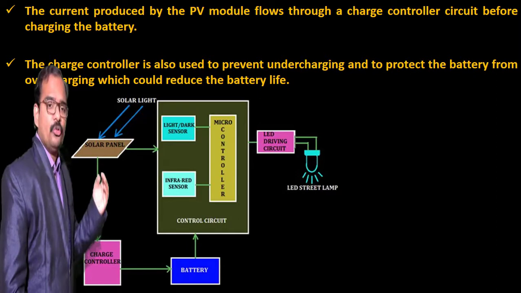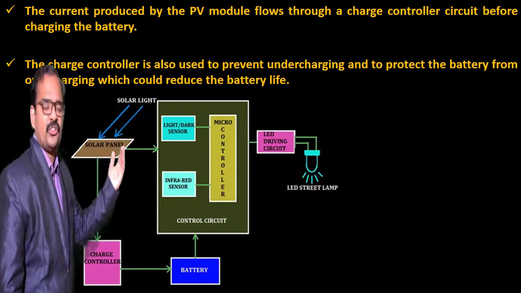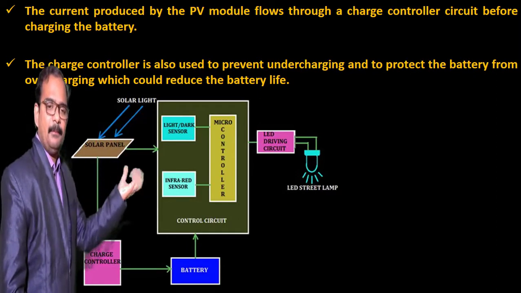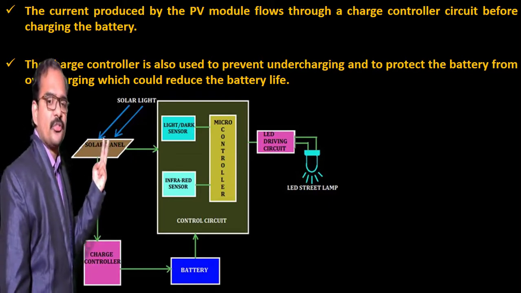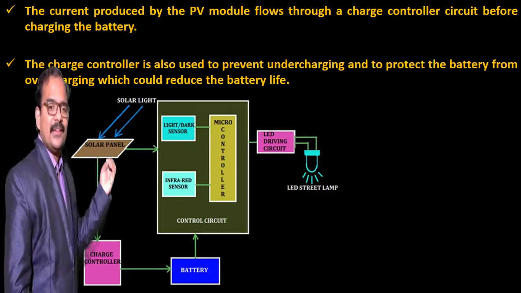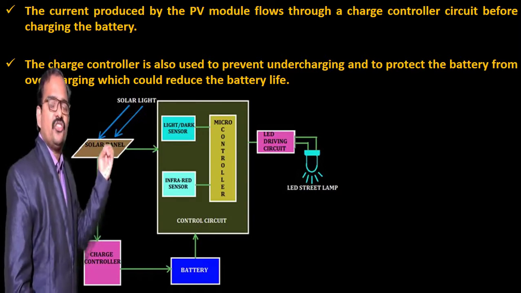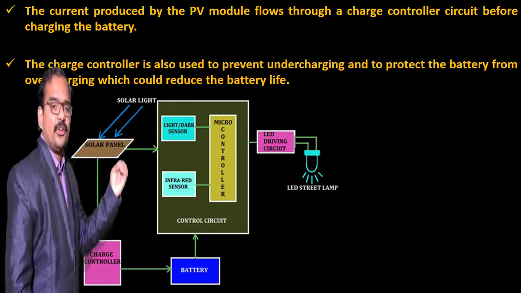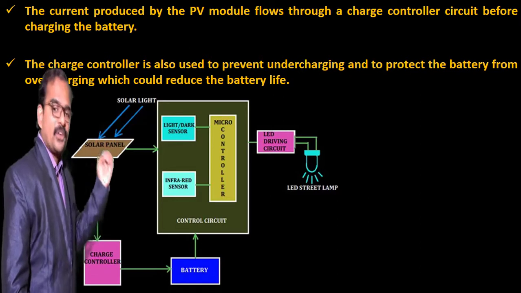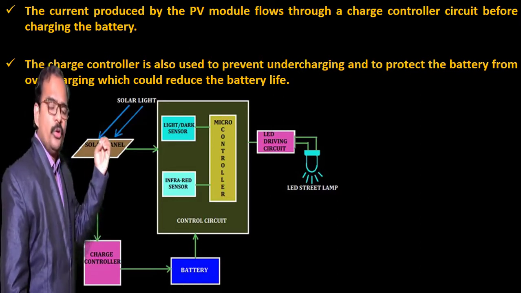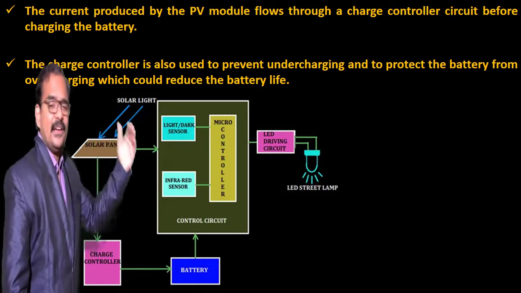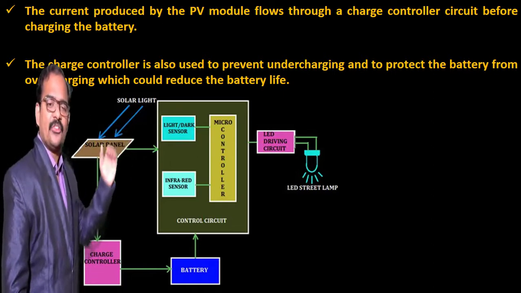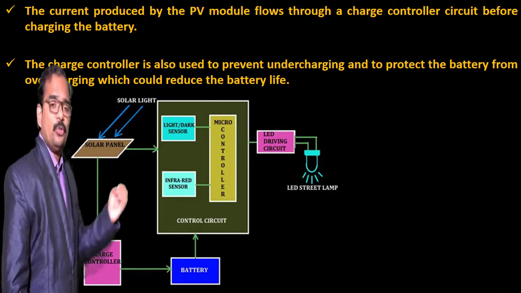And at the same time, you should not overcharge your battery. If you overcharge, the battery bulges and it will burst. So these are the two threats to the battery, and that is the reason why this charge controller will charge and discharge a battery according to its operation. If it is during the morning, while the battery is charging, and the charge gets exceeded, then automatically this charge controller will cut the supply to the battery.